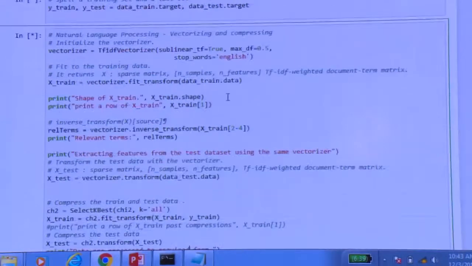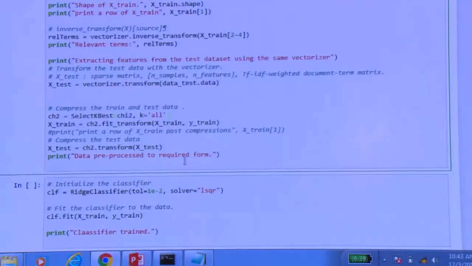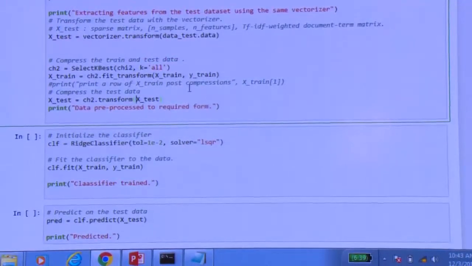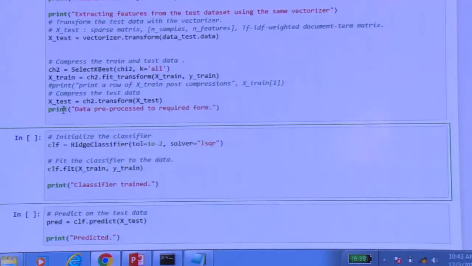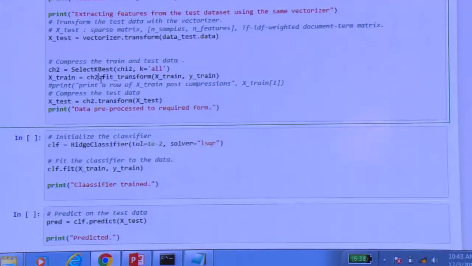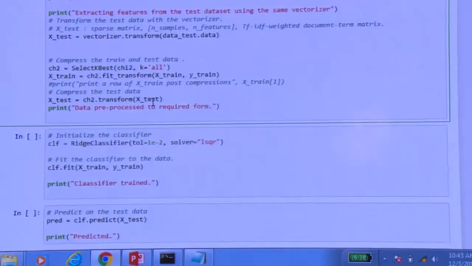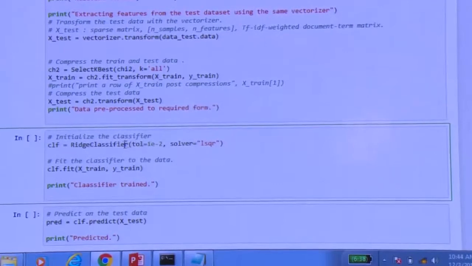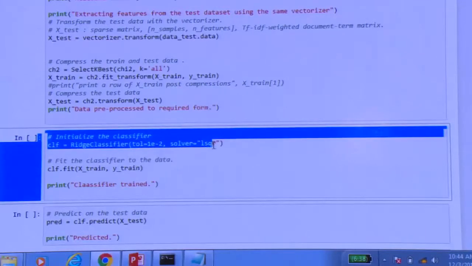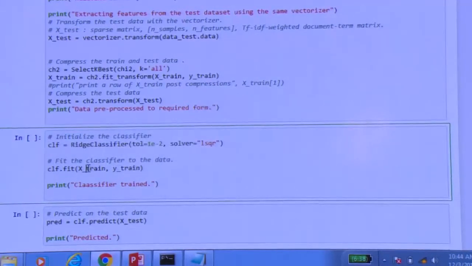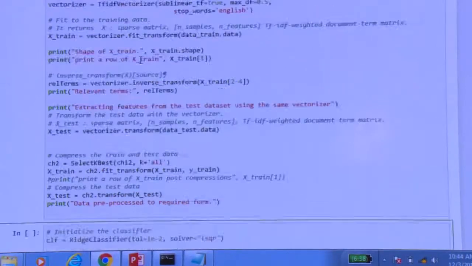So this is the section of the code. Okay, so you have completed the vectorization, and here you complete the pre-processing, and at the end of this you would have your vectorizer, and this is your compression part of it. We have used a chi-square compression where we have eliminated the duplicate vectors, and this is where we fit the classifier, which is the ridge classifier, as I said. We have initialized the classifier again, and then we are fitting it on the training set, which is the X train and Y train. So you are fitting the classifier as part of this.